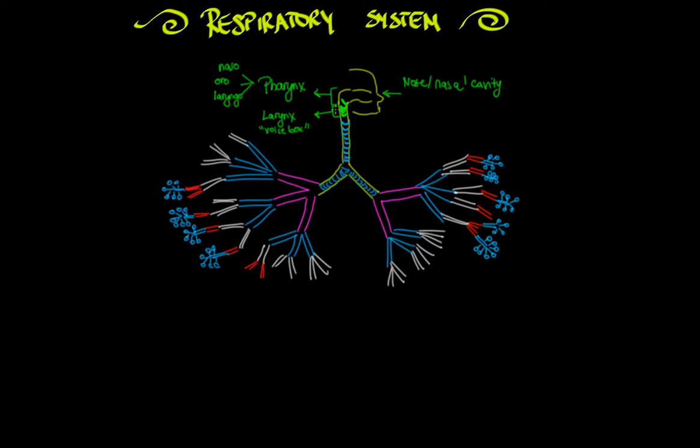All right, so now air will pass down through a very long tube that we call the trachea. And the trachea is, as you can see, supported by C-shaped rings, and these are hyaline cartilage rings which will reinforce it and prevent collapse during inhalation. So on the outside it's supported by hyaline cartilage, but also keep in mind that the respiratory tract is